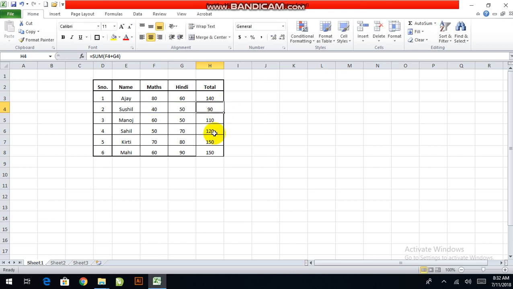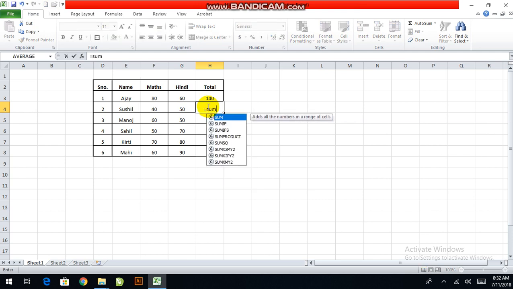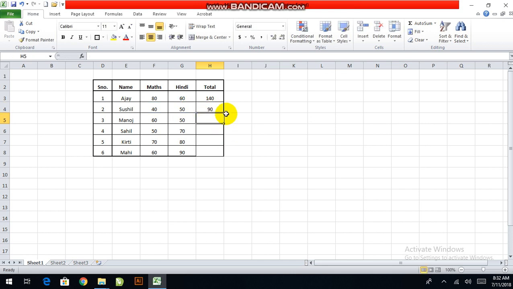We can do it the way we have done now, but we can also do it again manually, or see, it has the same results, or we can again auto sum this. But if we have once applied the formula on the first cell, we can